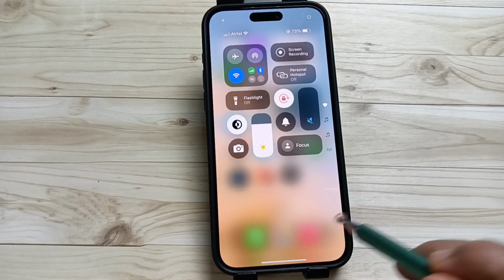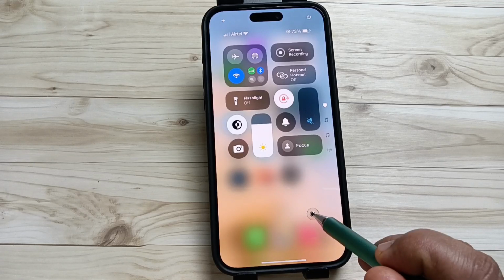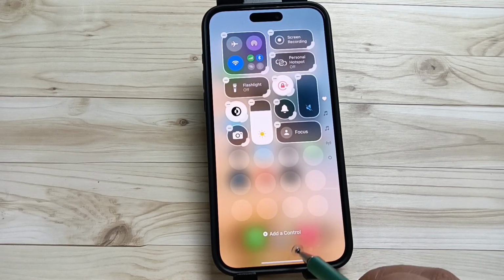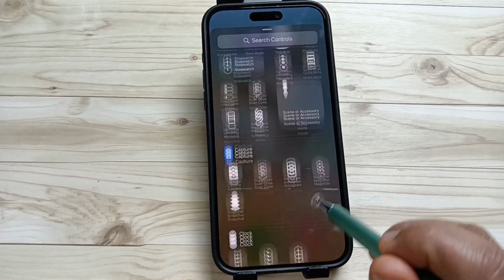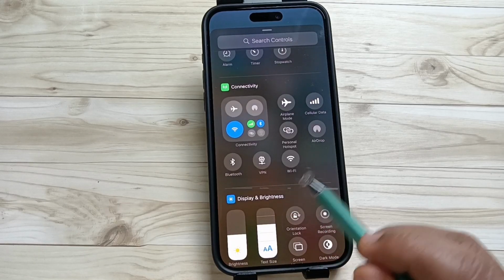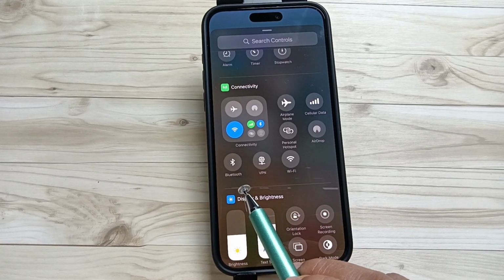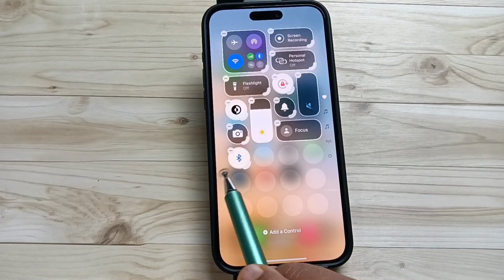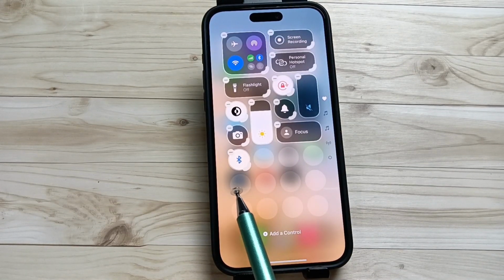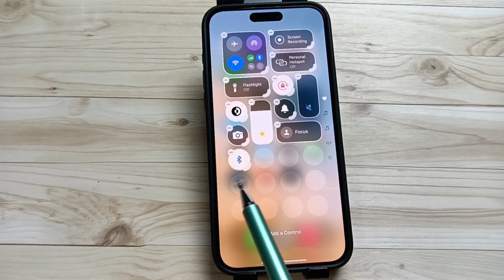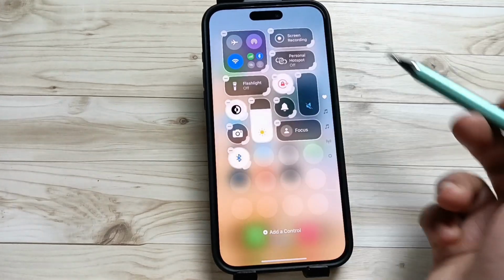Then we need to customize this control center. For this, tap and hold the blank area of the control center, then tap on the option add a control. Now go down. Under the connectivity section you will get the option Bluetooth, right? Tap on this one. Yeah, now the Bluetooth icon has come here on the control center, and you can also